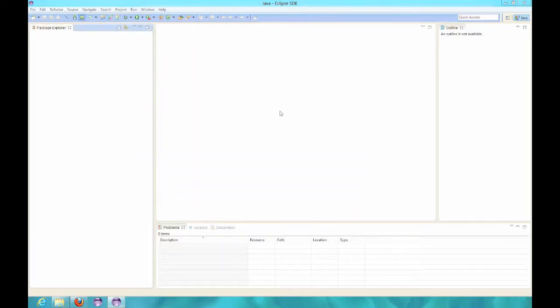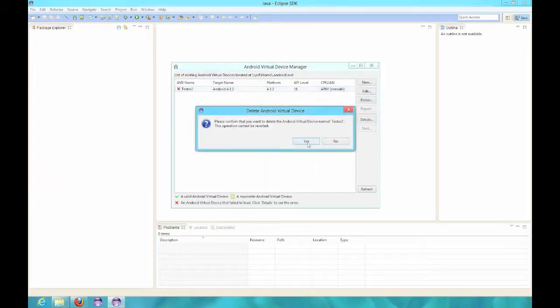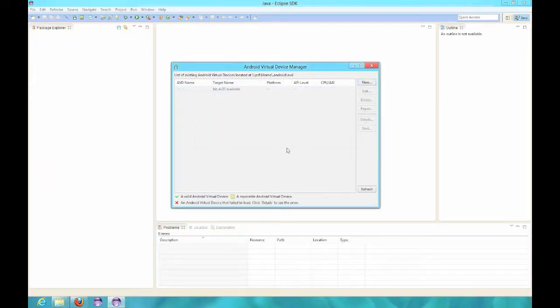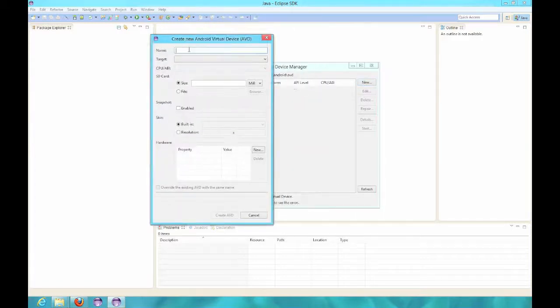This thing is your Android Virtual Device Manager, and so you set up Android virtual devices, which are Android testing environments, and you can choose your version. You give it a name, whatever you'd like, and choose your version. And so we've downloaded Android 4.1.2, which is API level 16. And so we've got a few options there, but if you downloaded more of the versions, you'd have many more